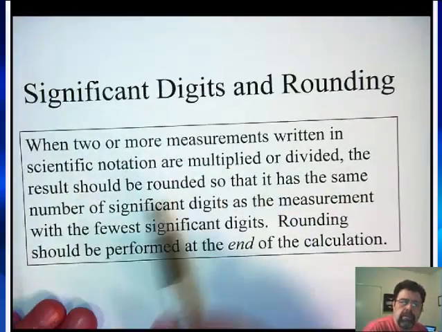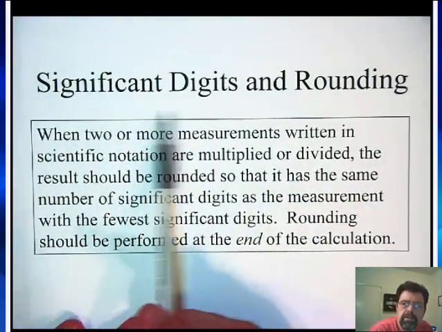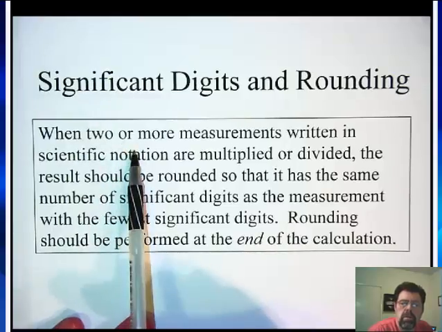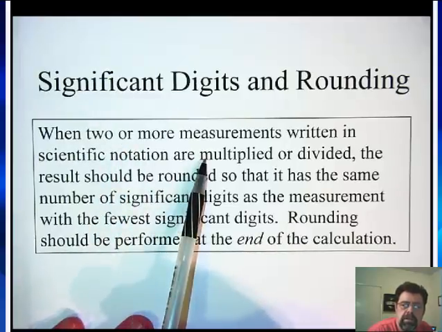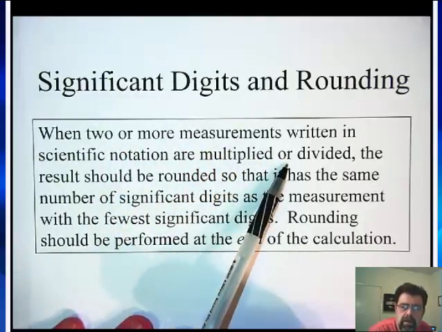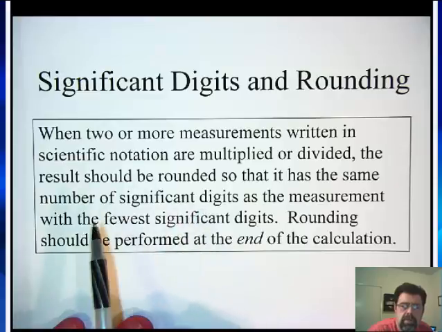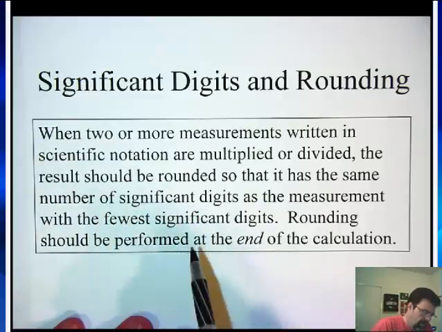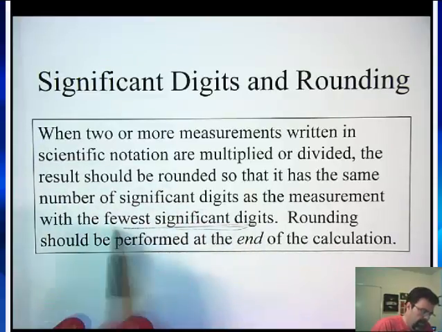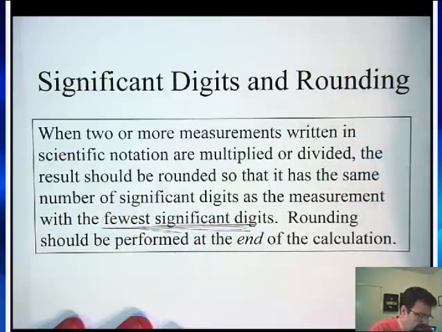So the idea of significant digits and rounding is when 2 or more measurements written in scientific notation are multiplied or divided, the result should be rounded so that it has the same number of significant digits as the measurement with the fewest significant digits. Okay, so the reason is when you round it, your answer is not exact. So usually when you're dealing with large numbers,